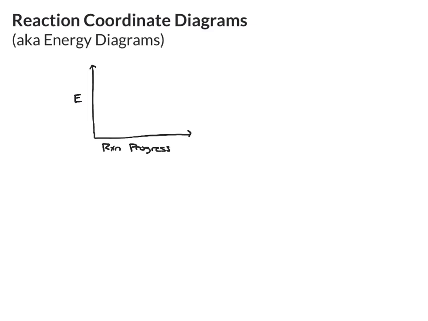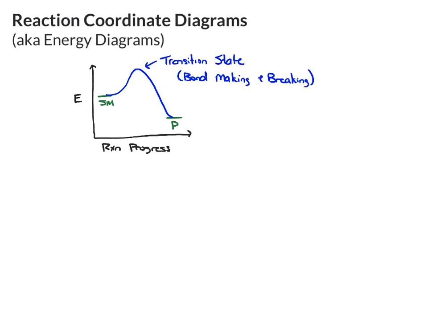And on this diagram, we always will have a starting material and a product. And to get from a starting material to a product, you always have to have at least one transition state. So what happens, the starting material will go over a hump. That's the transition state where bonds are being broken and made. And that is the highest point on this energy diagram. In this case,